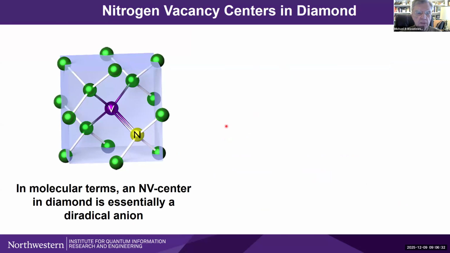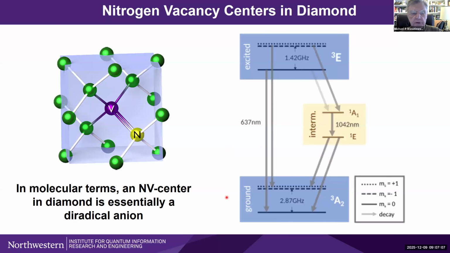Okay, so we all know about nitrogen vacancies in diamond because they're right now the most popular spin optical interface that's used for a lot of sensing applications. From a chemist standpoint, though, if you think about what implanting a nitrogen and removing a carbon does to the diamond lattice, it essentially creates what the chemist would call a diradical anion, because even though we call it an NV center, it's technically an NV minus center. So that if one thinks about diradicals in general, one would like to emulate this. So what's special about it? Well, what's special about it is its energy level structure that comes essentially from its symmetry properties. It has a triplet ground state because it's a triplet diradical.